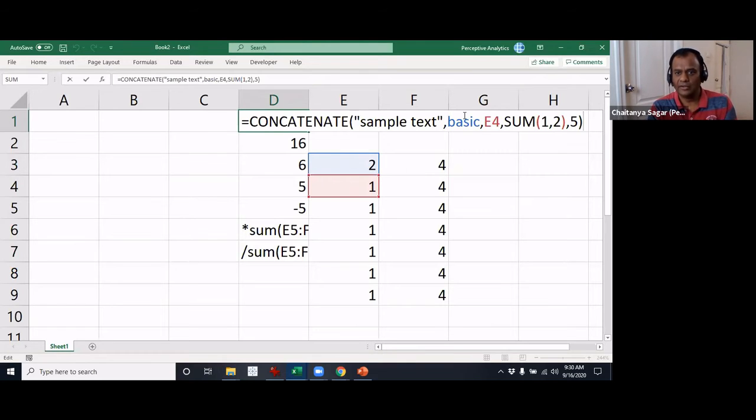Then you'll be able to correlate which cell is which by color. So for example, you can see this is basic, and we know this is basic, so it will highlight the cells in the same color and the text in the same color and also the specific cell, so that you can easily relate the formula.